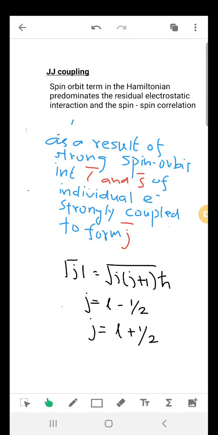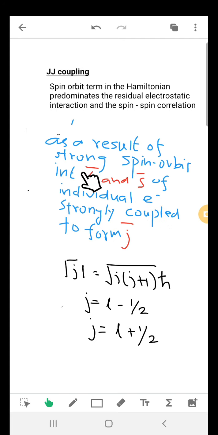Hello students, so today we'll discuss a few topics related to nuclear and molecular spectroscopy. We'll start first with jj coupling. Now jj coupling is a spin-orbit term, and we'll see later on that it is a Hamiltonian. When the Hamiltonian predominates over the residual electrostatic interaction and spin-spin correlation, then jj coupling comes into existence, and it is the result of strong spin-orbit interactions between the angular and the spin moments, and